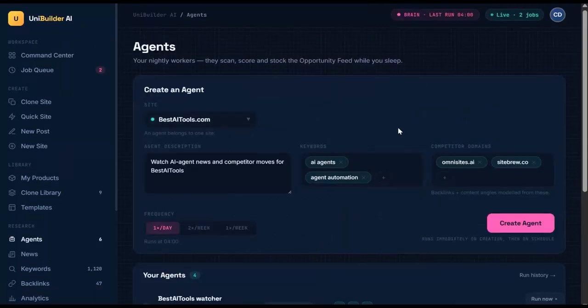While we're talking about the AI agent side of things, I just want to pull up the AI agent page, because the basic idea for this is that we can go in and create an AI agent which will manage our sites. So we want to put in a description of the agent. We want to put in keywords that the agent should track, both in terms of our competitors and also in terms of keywords and related keywords that we can target, and also in terms of news stories,